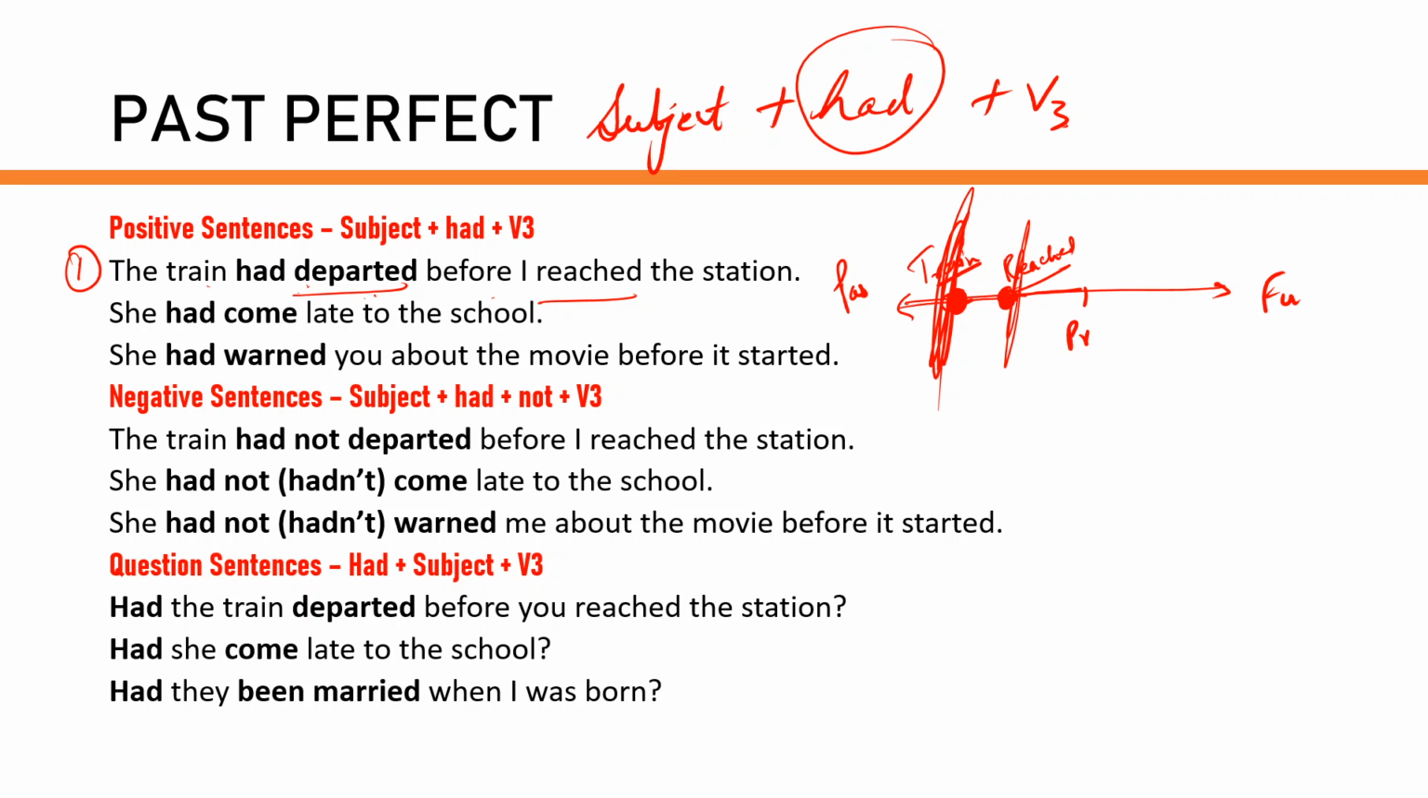देखो यहाँ पे कौन कौन से verb हैं? दो verb यही दिखे तुम्हें, right? Departed and reached. So यहाँ पे departed is with had, third form of verb had, that means past perfect, and then I reached, simply subject plus verb's second form, that is past simple. Alright,